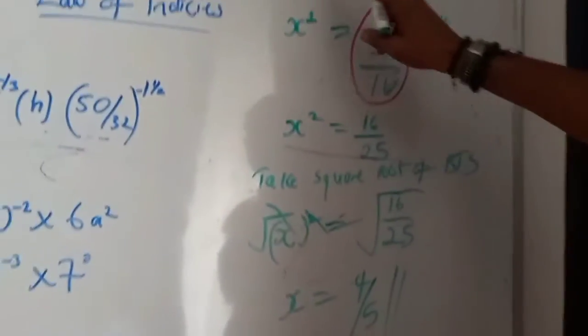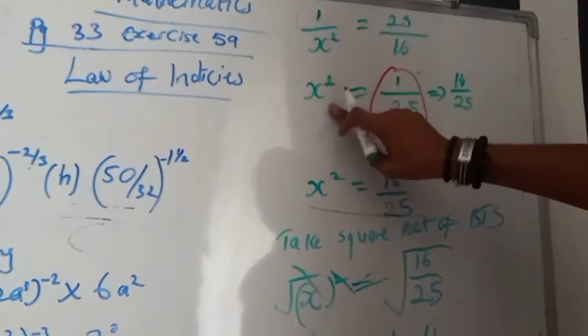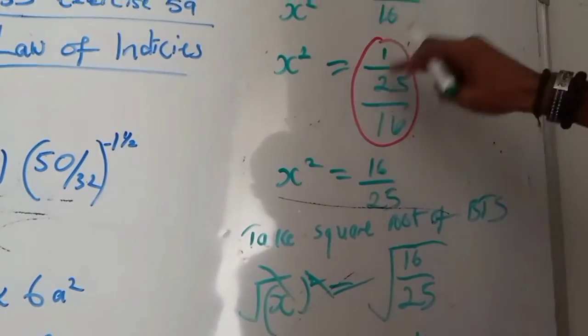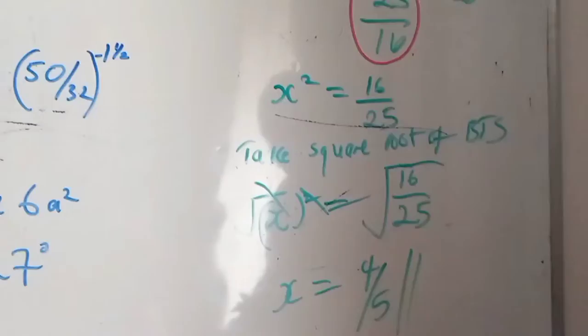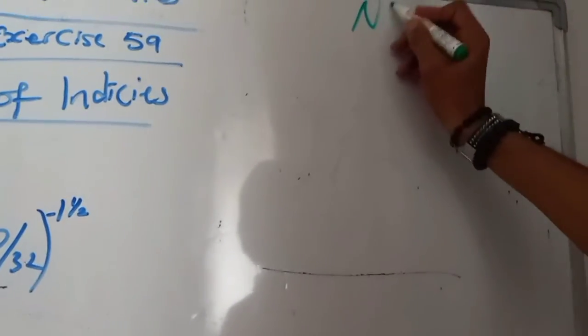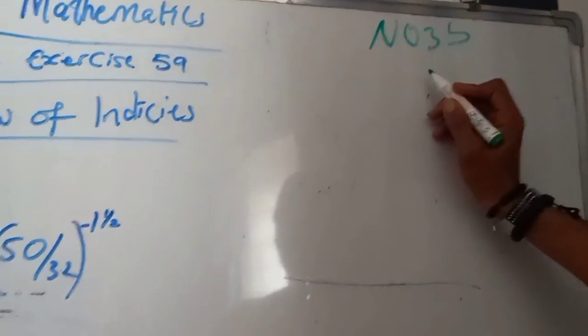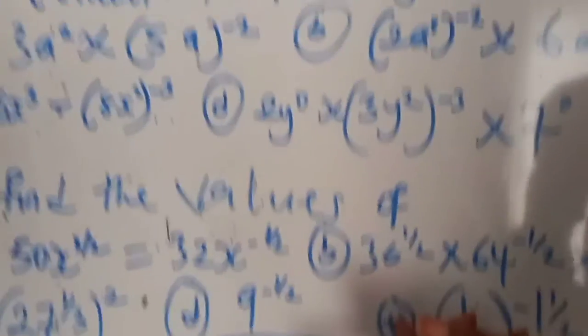Please don't forget that this is a reciprocal. The reciprocal of this one is this, and the reciprocal of this is it. And then which implies this 16 over 25. That is it. Now 3b says this raised to the power of